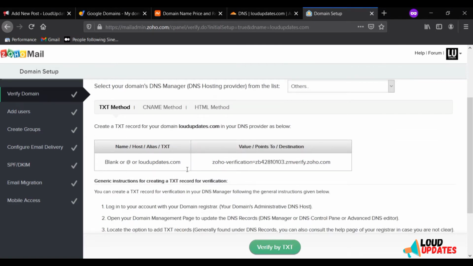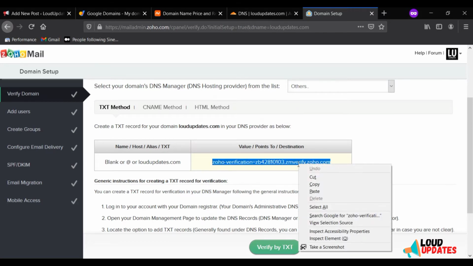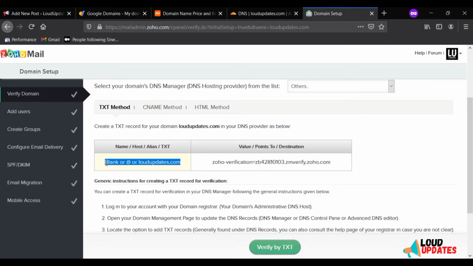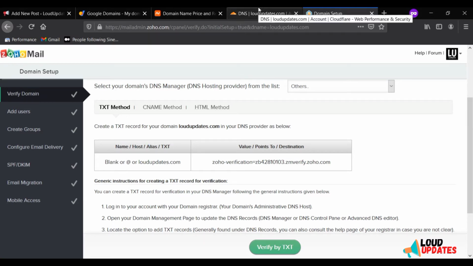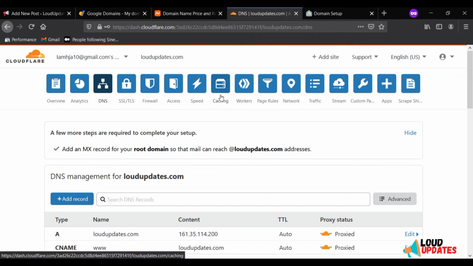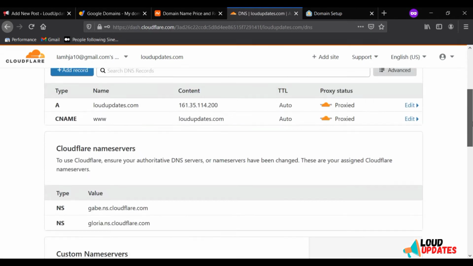My domain provider is GoDaddy, but I am managing my DNS from Cloudflare. I don't see Cloudflare in Zoho Mail's services, so I am choosing the other option. Now click on this Zoho email, and click on add record.